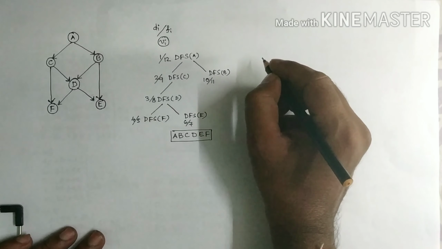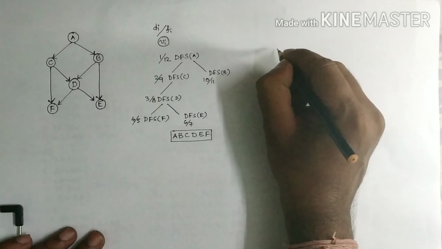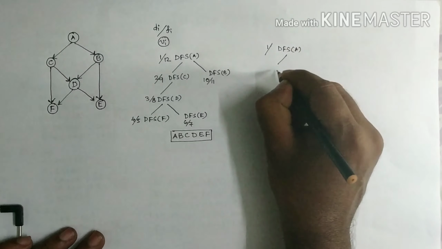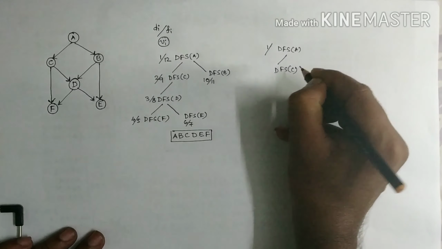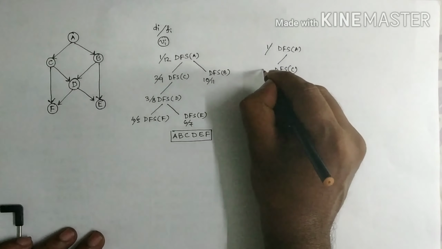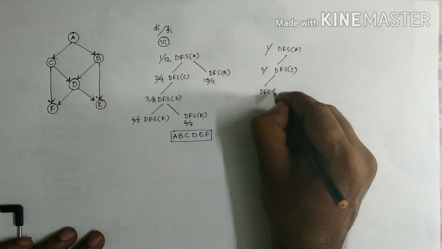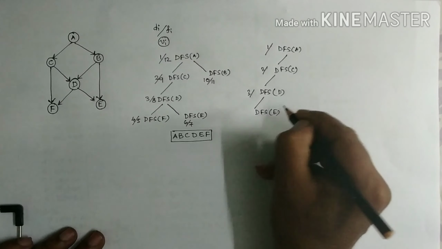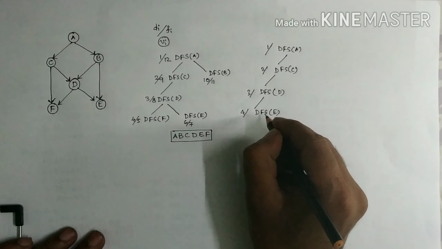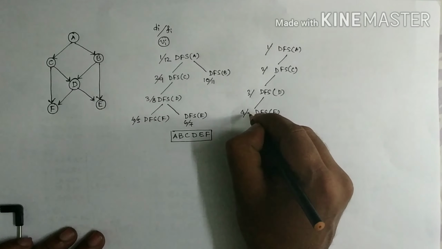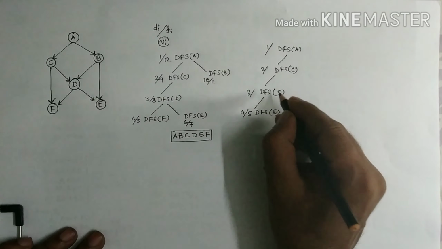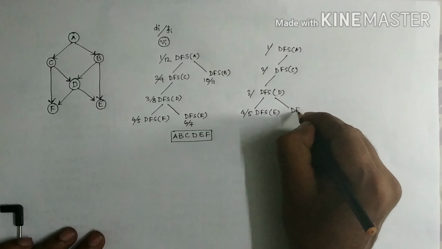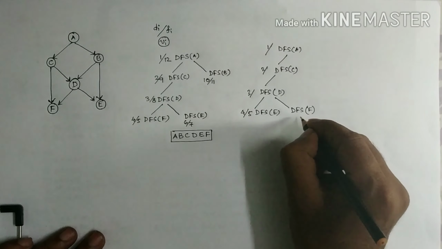If you follow the path A, C, D, E, then first call DFS A, then call DFS C, then DFS D, then DFS E. Now E has no unvisited adjacent, so finish it. Backtrack from E, go to D. Is there any unvisited adjacent of D? Yes, F, so call F,